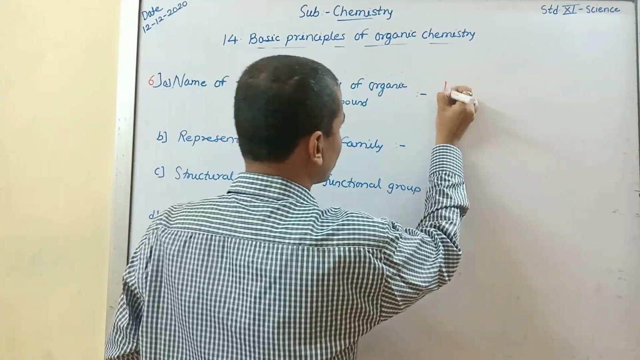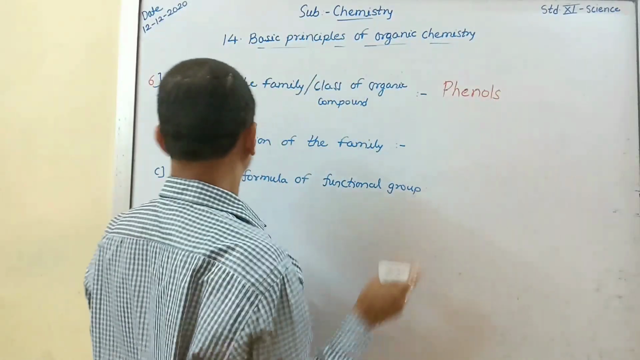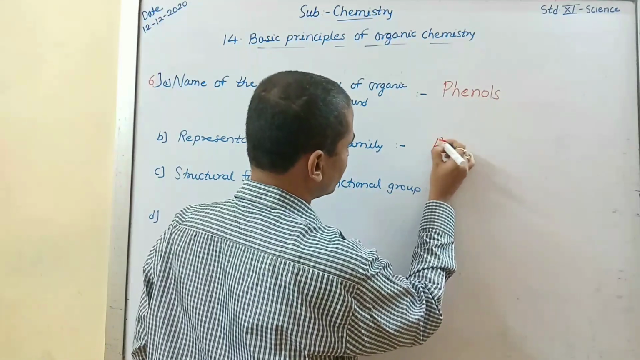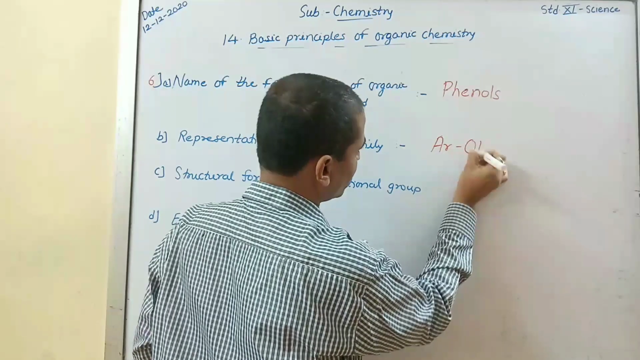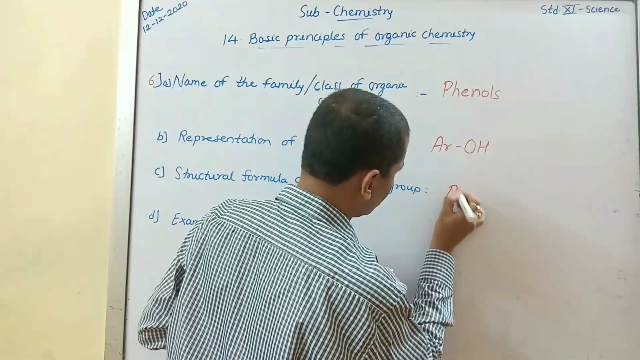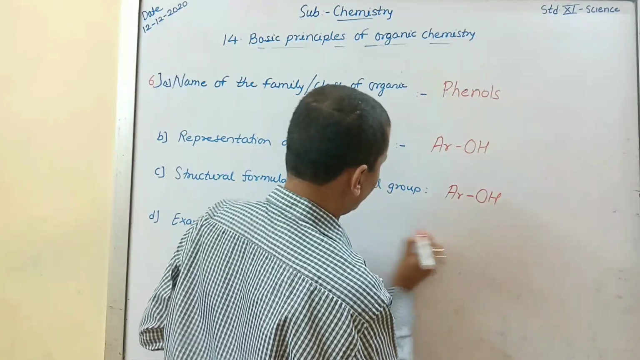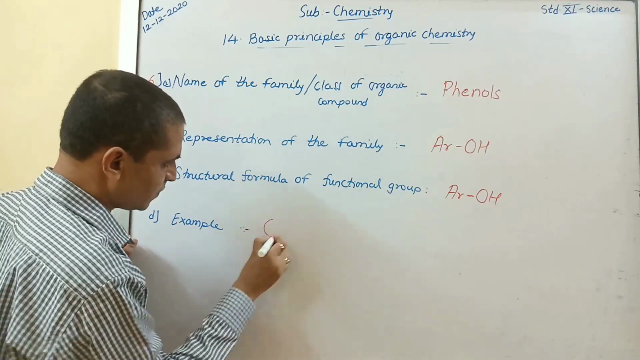Class is what? Phenols. Representation can be shown by what? Aromatic ring OH, and C for the functional group we can put here: ArOH. This group is called as what? Phenolic group. And example we can consider